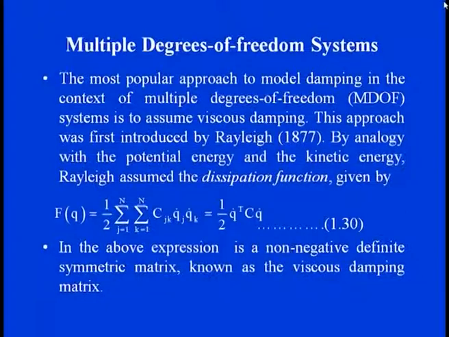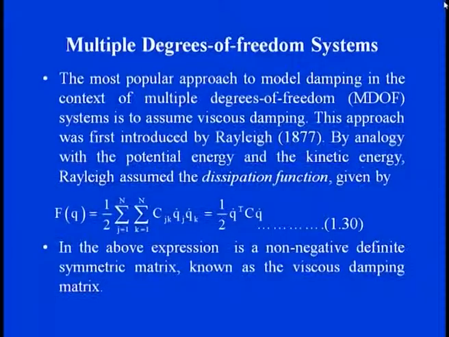The dissipation function is nothing but equal to half the double summation of C_jk and the two state space coordinates, q_j dot and q_k dot, or else, if we go with the matrix form, it is half q dot transpose C q dot,